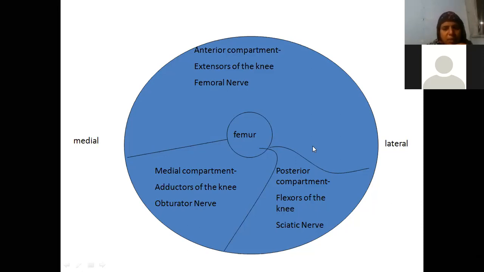Are you with me? Yes, ma'am. Beta, we finished the anterior compartment. Just name the muscles. Ma'am, I was not present, so I don't really know. Okay. Imad, Chavi, I'm asking a very simple question, beta.